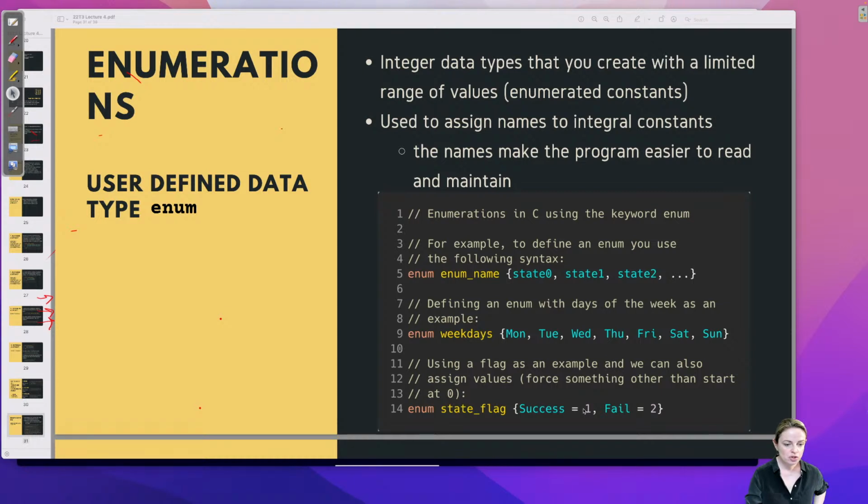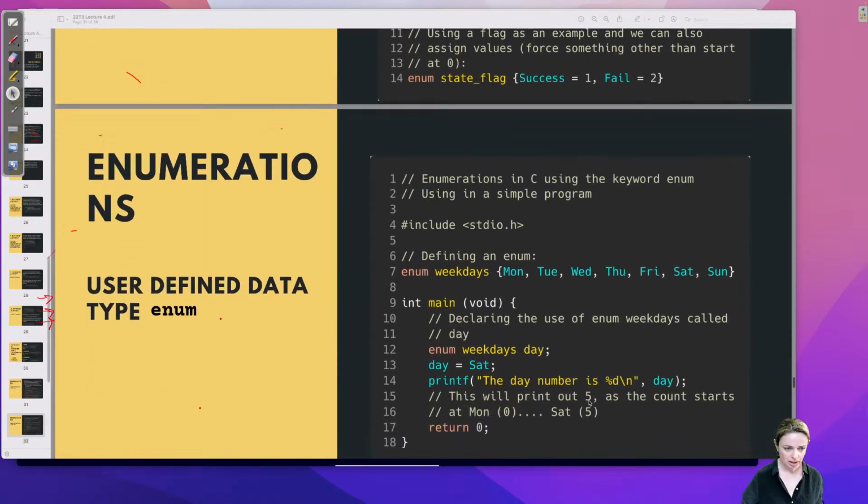You can have a flag and you can assign values to it as well. You can force assign values, because otherwise we start at 0, and you can say what values you want them to take. Okay, lots of good questions in there. What's the difference between this and arrays? Again, these are kind of like constants. An array is something that we can play with, we can manipulate. Once I compile this, I can't add anything to that enum, and I can't change anything inside it.